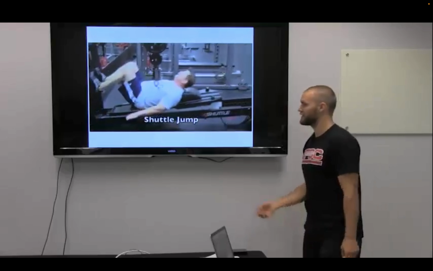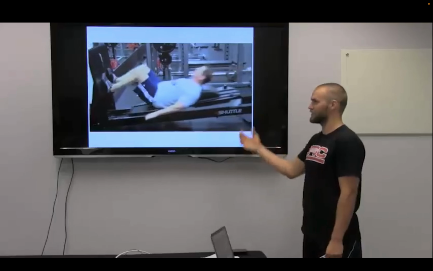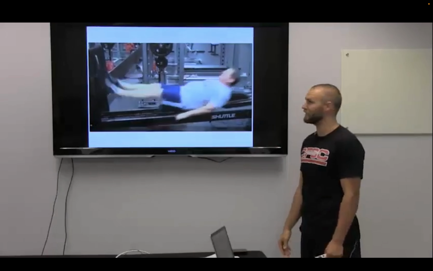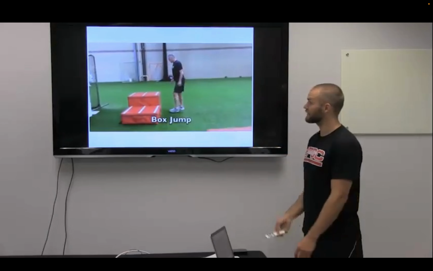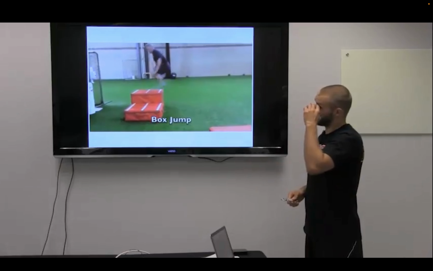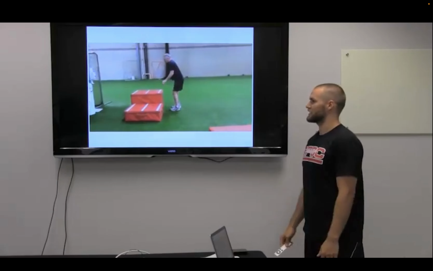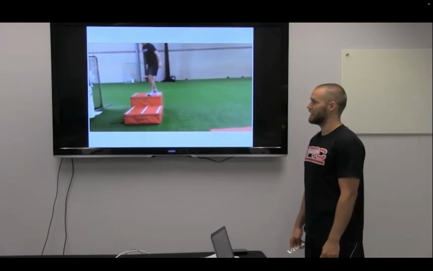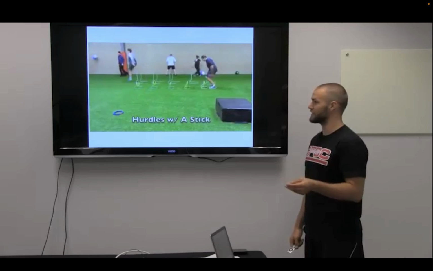So shuttle jump, Jim can't box jump because if he does, he always hurts his back. So shuttle jump is what he sticks to, and that's perfectly fine. And that's plyometric power for somebody who's in their 70s. This is my client Rob. He's in his late 50s. Box jump, that's as high as he needs to go. Just get some plyometrics in. And remember, power is the first thing that you lose as you age. Strength second.